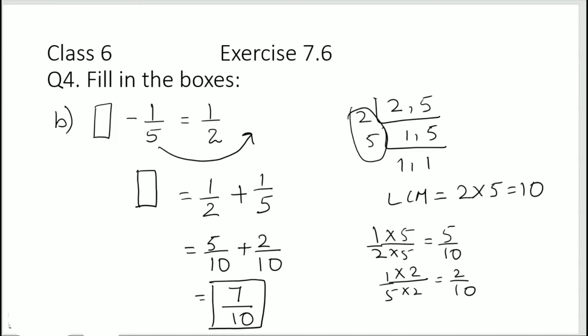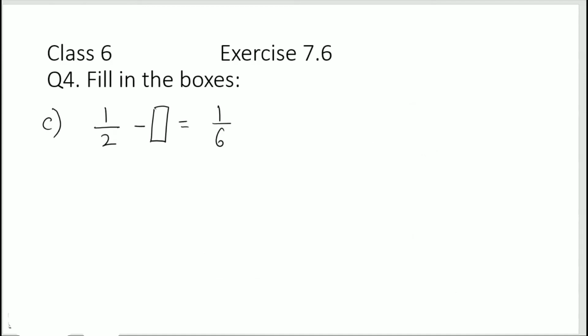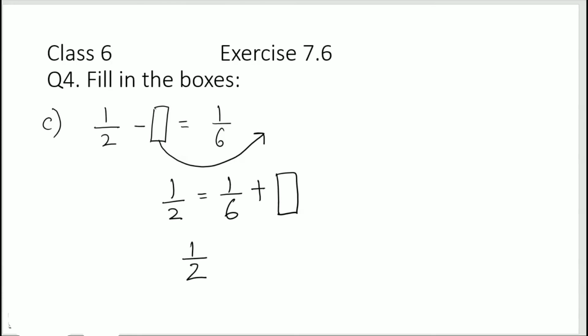Okay, now the last one. 1 by 2 minus blank box equals to 1 by 6. Okay, so here what we need to do is we need to shift this blank box to the right hand side and 1 by 6 to the left hand side. We can do this in one step, but for this question I'll show you step by step. So what we're doing is half equals to 1 by 6, and it's minus blank box, so this becomes plus the blank box. Okay, and then the next step what you can do is half 1 by 6, I'm shifting